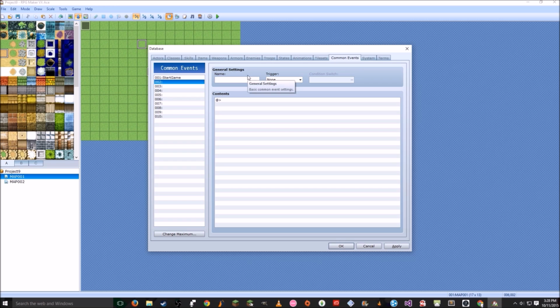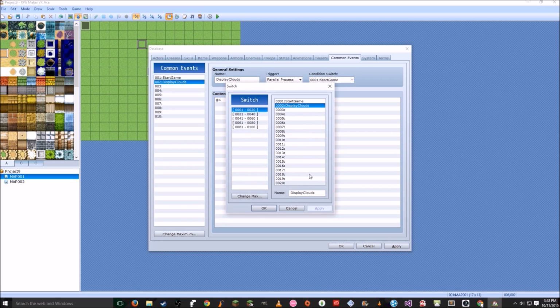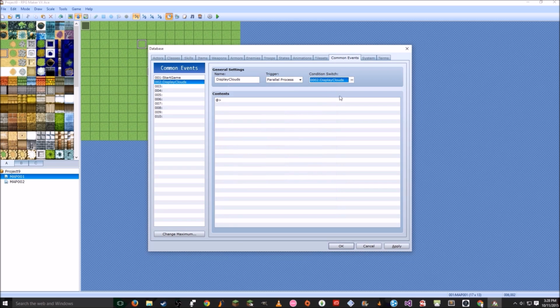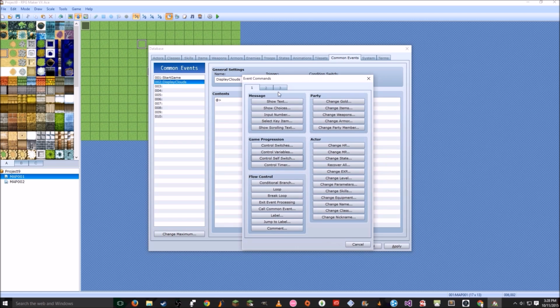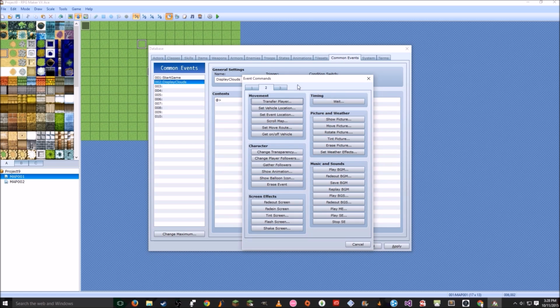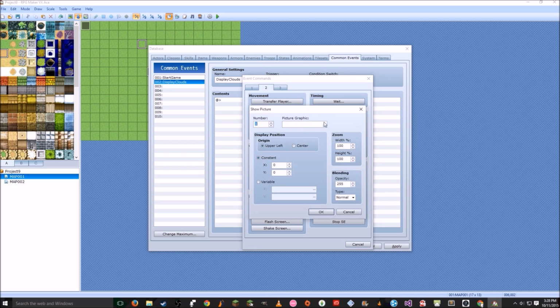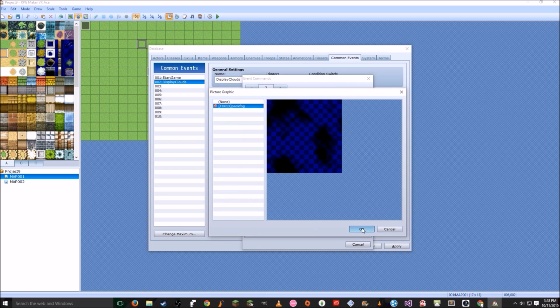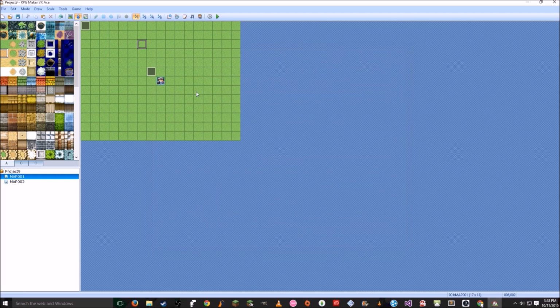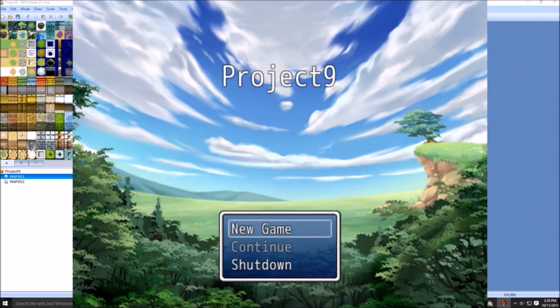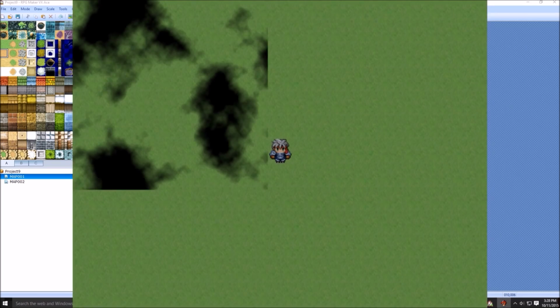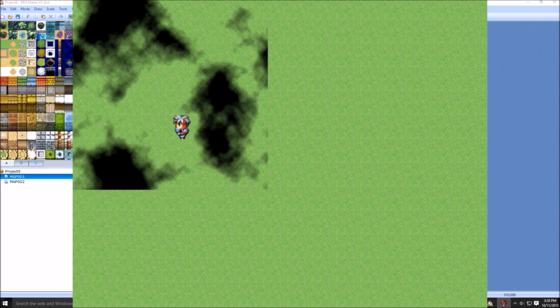Switch 2, however, is going to be called display clouds. Trigger, parallel, and the conditional switch is going to be display clouds. What this does is, let's go to page 2, show picture, and then just go to this. There you go. Hit OK, save. You might want to change the transparency, but I'll see that in a sec. So hit new game, and boom, clouds. There you go. Look at the clouds. They're so